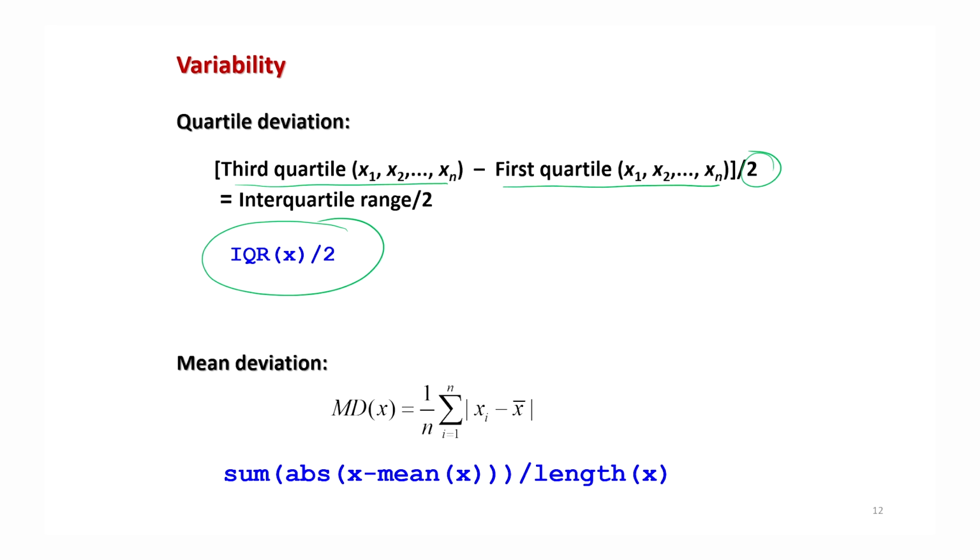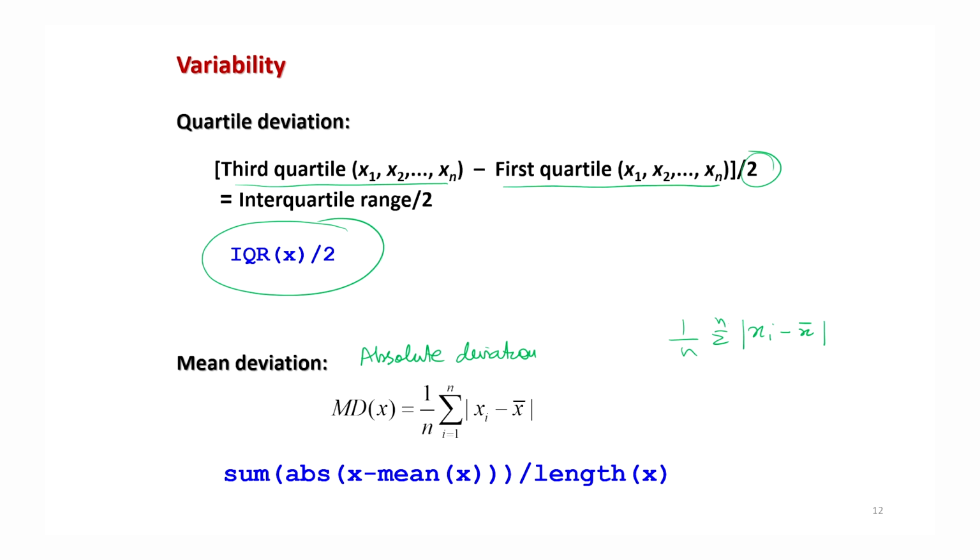Another popular measure of variation is mean deviation, or this is also called as absolute deviation. For example, if you try to find out the deviation of xi minus x bar, but it is dependent on the sign, this can be positive or negative. So earlier in the case of variance, we had taken the square, but now I am asking you to take the absolute value and then take its arithmetic mean, right? So in order to find out the absolute deviation or mean deviation around arithmetic mean, there is no built-in formula, but it can be written very easily.